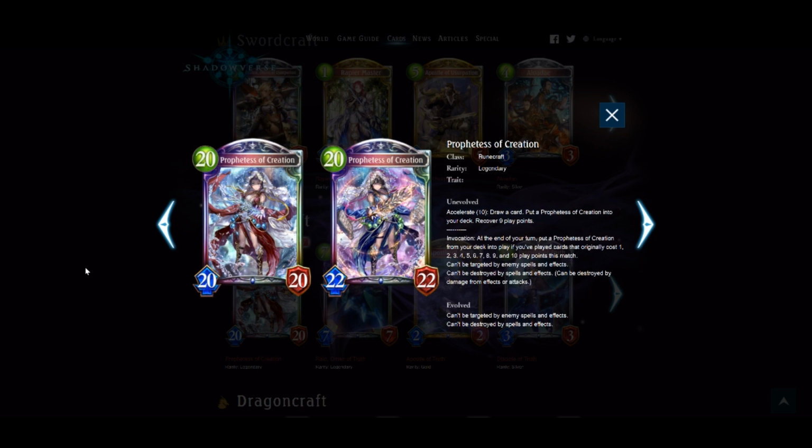Invocation. At the end of your turn, put a Prophetess of Creation from your deck into play, if you play a card that originally cost 1, 2, 3, 4, 5, 6, 7, 8, 9, and 10 play points this match. Can't be targeted by enemy spells and effects. Can't be destroyed by spells and effects. So, essentially,